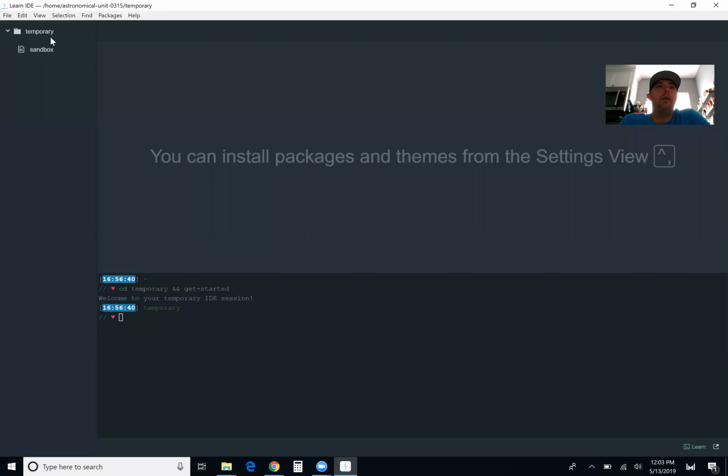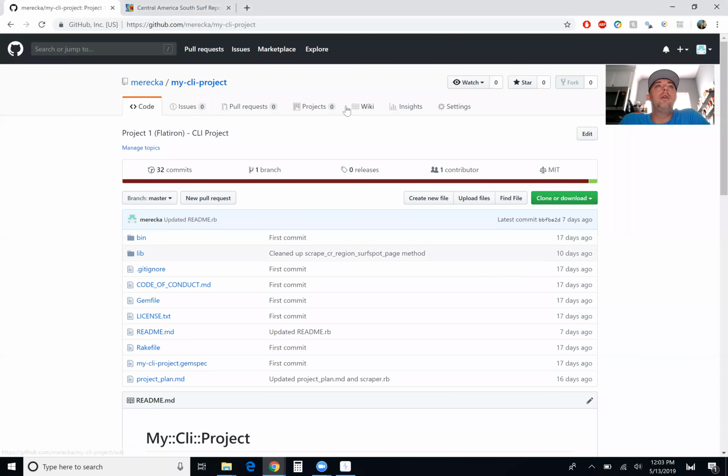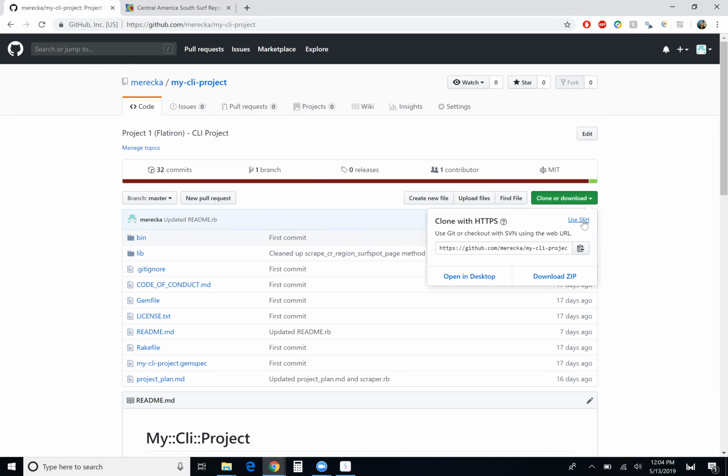Essentially none of the code actually lives on my computer here, so I've got to go out to GitHub and go ahead and bring that down. And so I've already logged into GitHub. This is my repository where the code actually lives. And I'm going to go ahead and minimize the video here. But essentially, I've got all my code stored on GitHub, so I can clone it and pull it anytime I need it. So I'm going to go ahead and clone it down and copy that link there